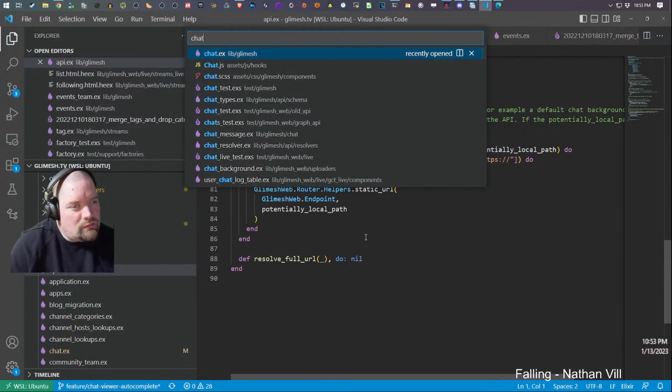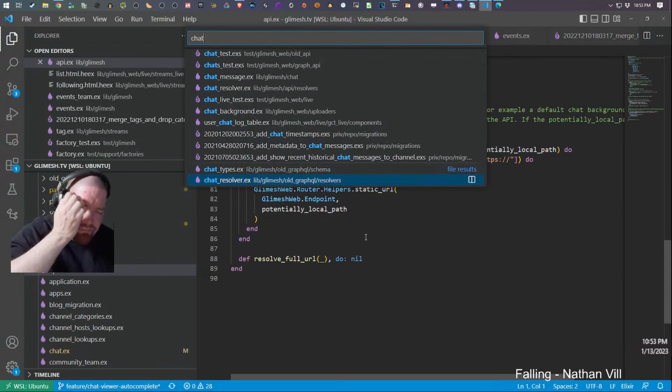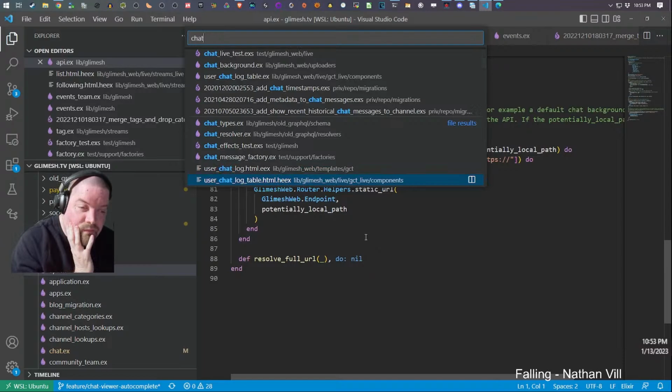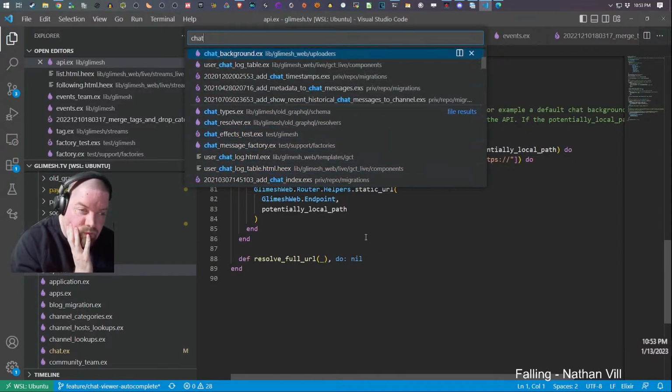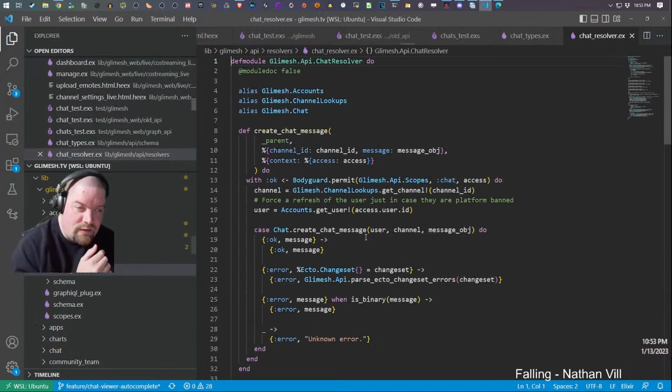Chat. I was just in here before too, for the tenor stuff. I just gotta remember what thing I was in. Chat resolver, that's what it is, right? Yeah. There we go.